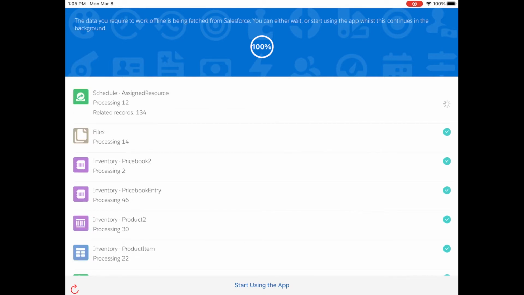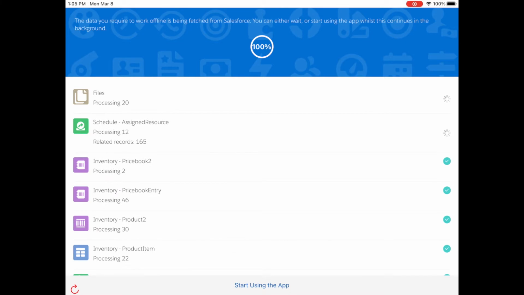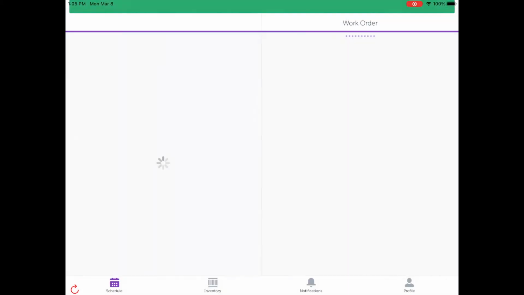To be clear, the Axie Field Service mobile app does not rely on caching, as using a cache is time and size limited and requires seeing a record first for it to be cached. Instead, the Axie mobile app surfaces to the user the data that has already been proactively downloaded during this initial sync, and this is what allows field engineers to continue on with their work, even in situations of poor connectivity.